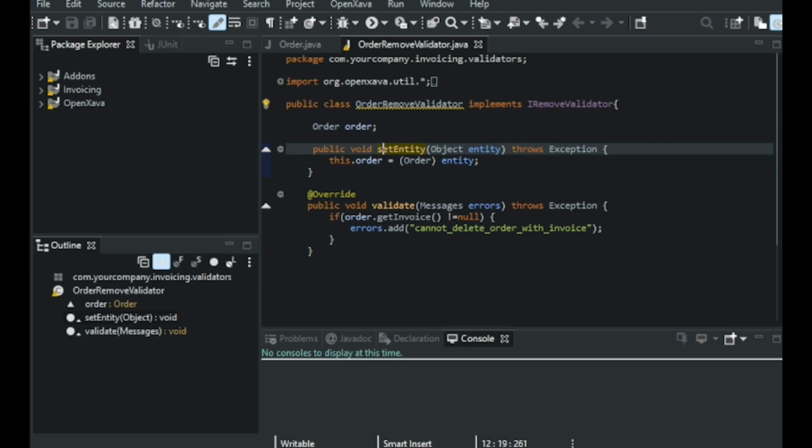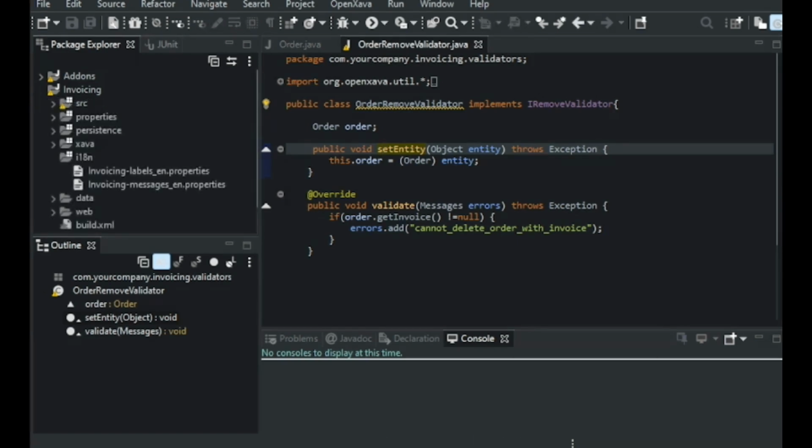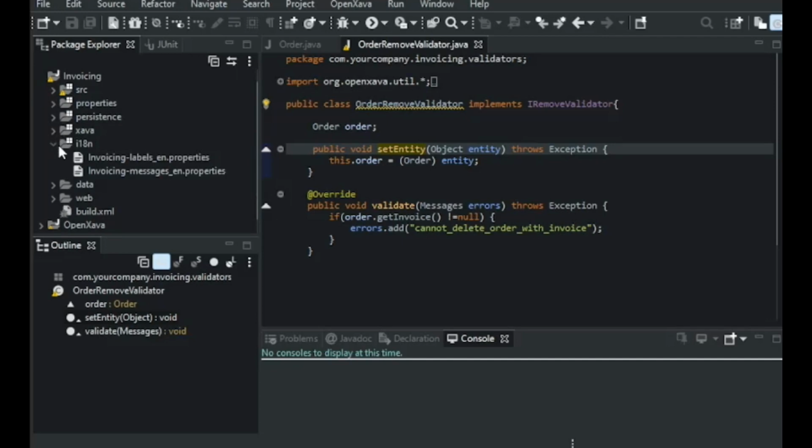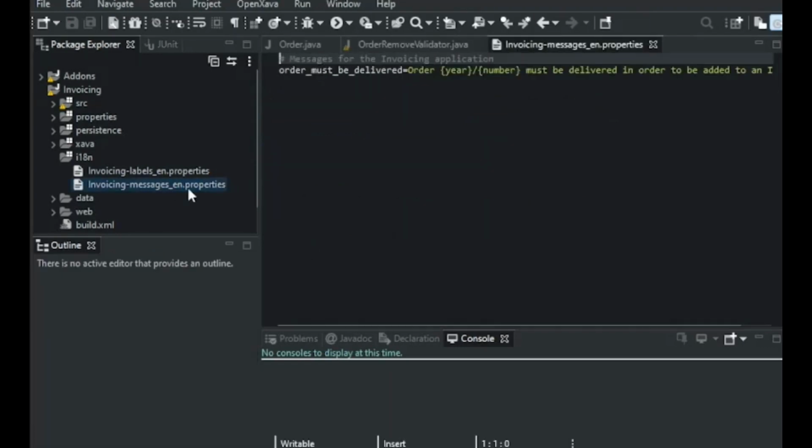And now we're going to add the error message in the invoicing-messages_en.properties file in the i18n folder, and you will see that just now. So to do this, we go to invoicing, we go to i18n, and here we go to invoicing-messages_en.properties. We double click to open, and here we have to add the following line.